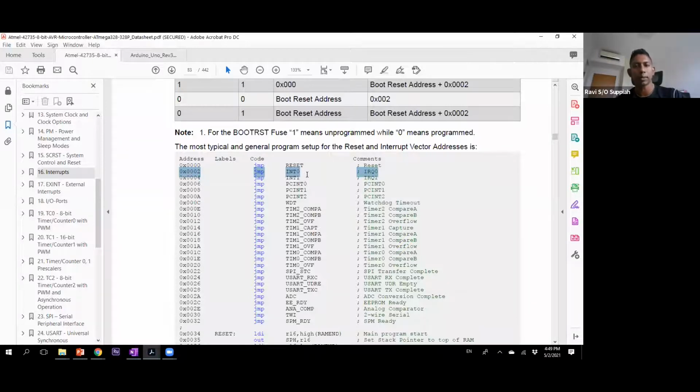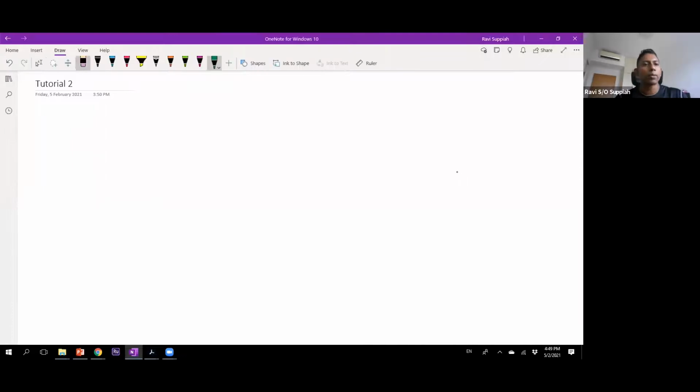So you must understand that when the interrupt occurs, you are automatically going to address location 0002, but inside this address location, you say jump to INT0.